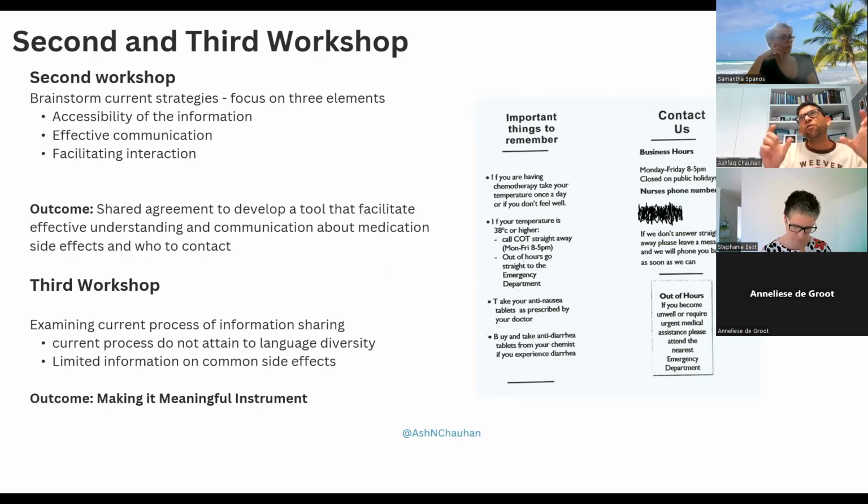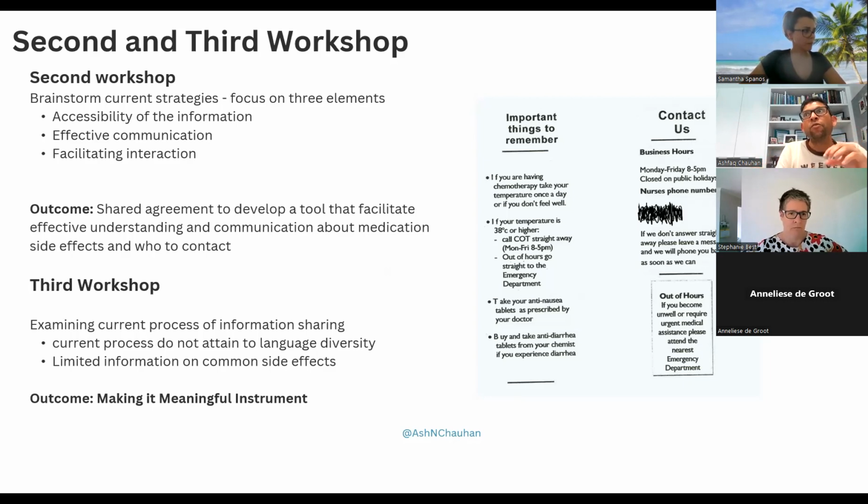So we narrowed down further: they are given information, but their main concern is around the side effects of the medication. And they do not know who to contact if they want more information about the side effects to look out for, apart from their oncologist. So we decided that the intervention could be to develop a tool.